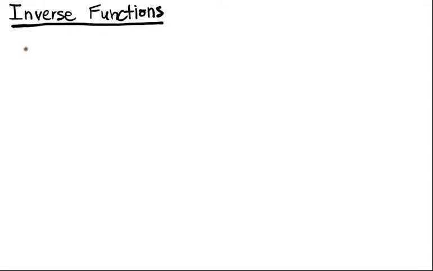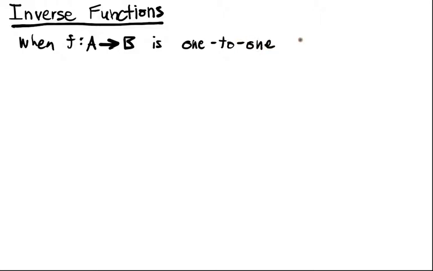Video we're going to talk about inverse functions. When f from your domain A into your codomain B is 1 to 1 on a set, so when we restrict the function, C contained in A, we'll draw script C,